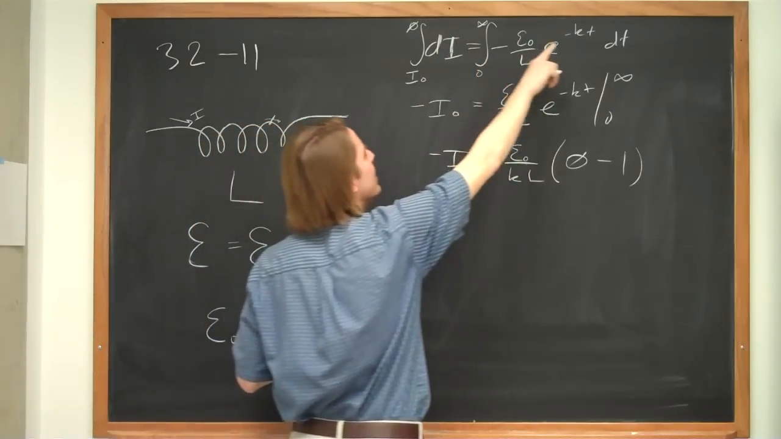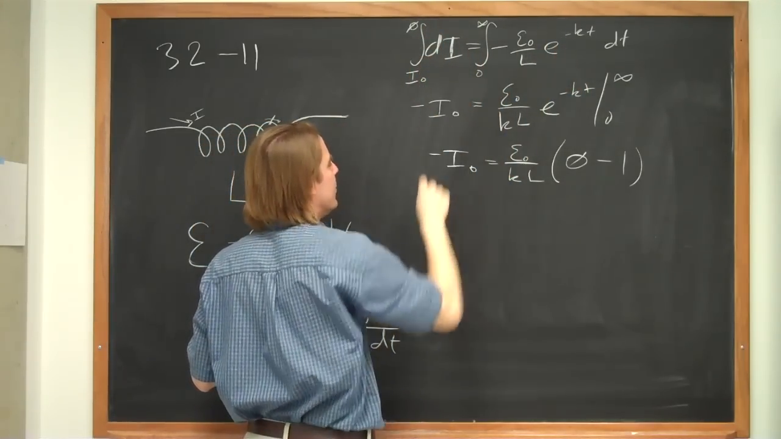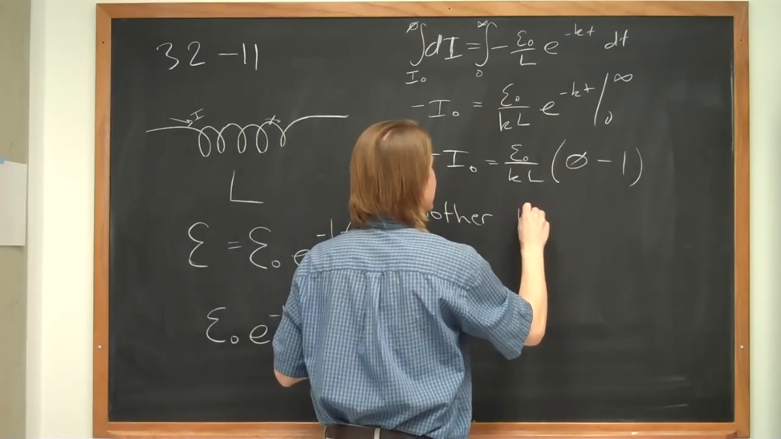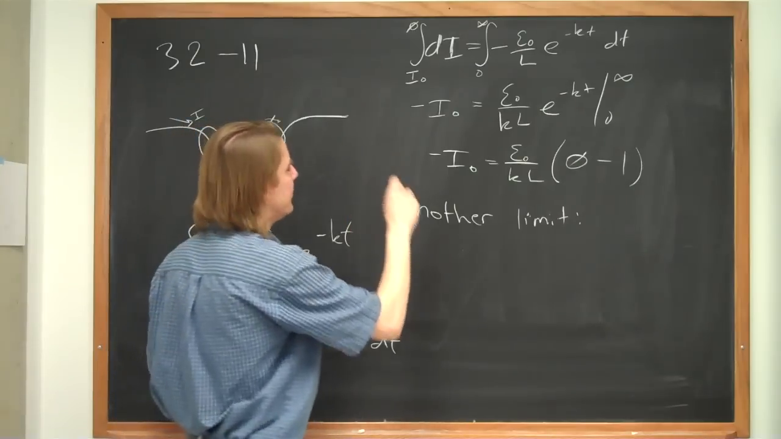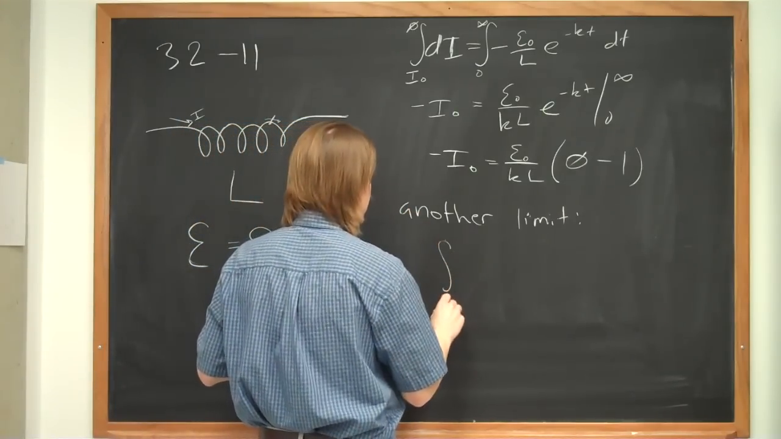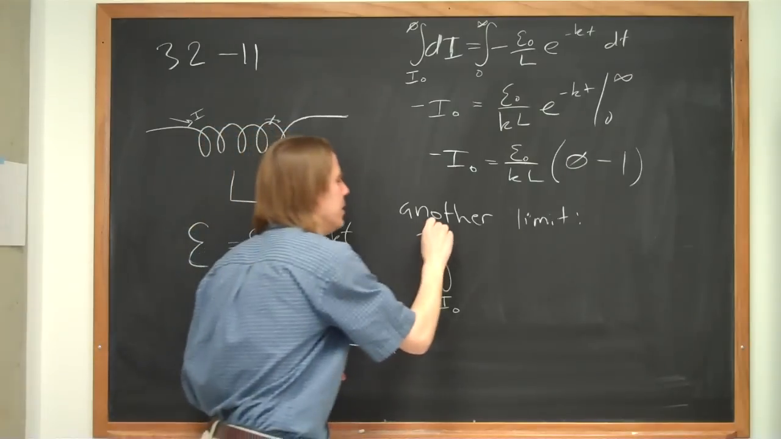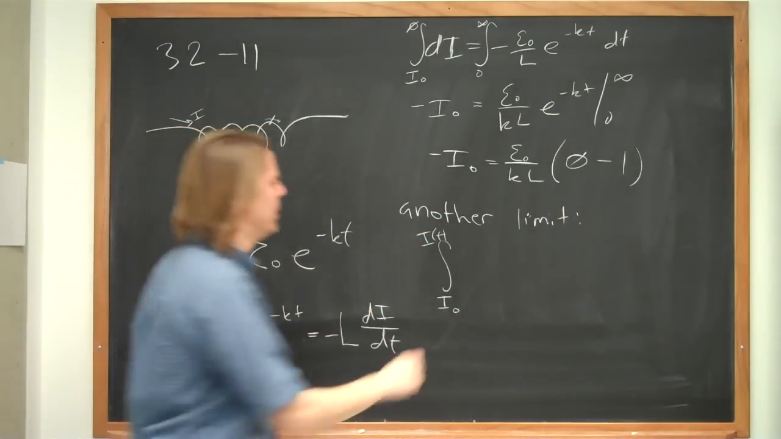It was when we evaluated the integral over a certain limit that we just figured out I naught. Here's another way. Here's another limit you could have used. If you want it as a function of time, you would say the integral is going to go from I naught to some current I. I is a function of time. This is the initial, and this is how it varies with time. dI